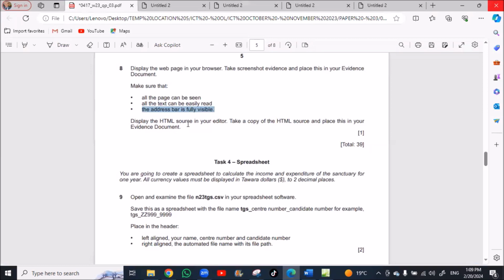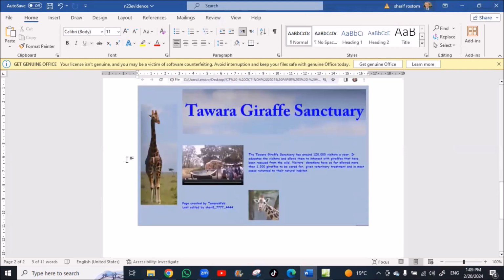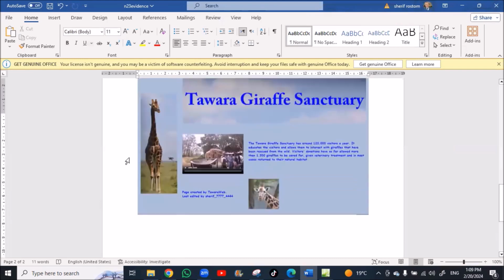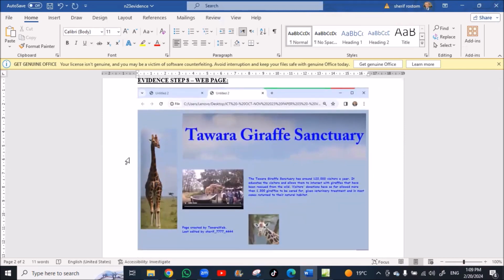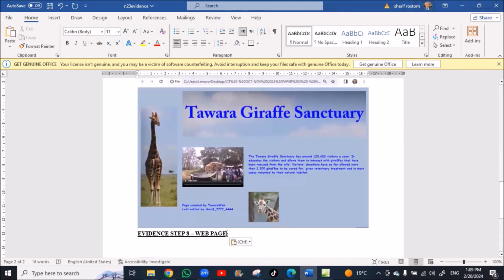Display the HTML source in your editor. Take a copy of the HTML source and place this in your evidence document. So we'll go to the evidence document and write, this is the step 8 HTML source code.